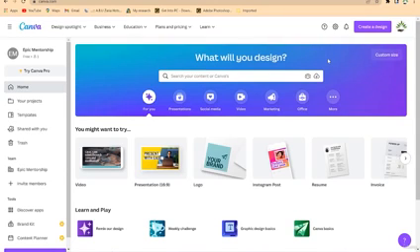Next thing that we're going to consider is how to design infographics from Canva. Infographics is actually a collection of imagery, data visualization, pie charts, and bar charts. A collection of minimum text that can depict an easy to understand overview of a given idea. So the first thing is you can just come to your search bar and just